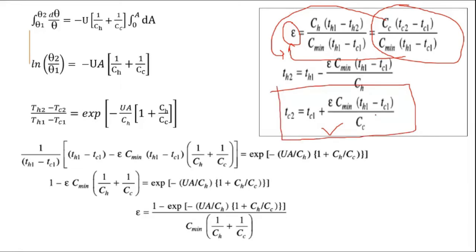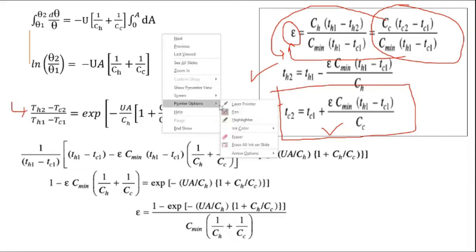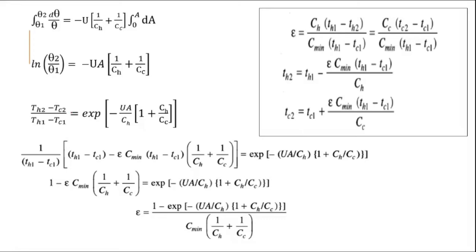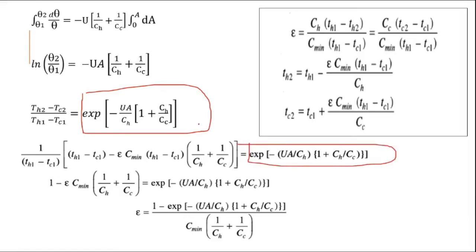Yes, sir. Okay. So from that expression, try to find out the value of Tc2. Once you get the values of Ts2 and Tc2, we need to substitute the same in this particular expression. So we will see what happens when we substitute these values. Now, if you will see the expression, we have got exponential of this thing. Leave that as it is. No change in that part. Here we have Ts2 minus Tc2 on the numerator side, and on the denominator side we have Th1 minus Tc1. So I'm taking the denominator separately. I'm writing that as 1 by Th1 minus Tc1.